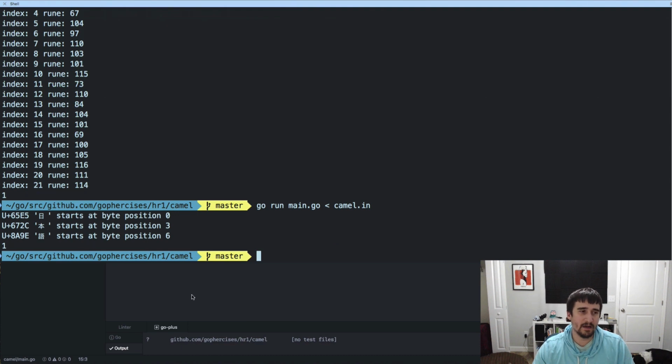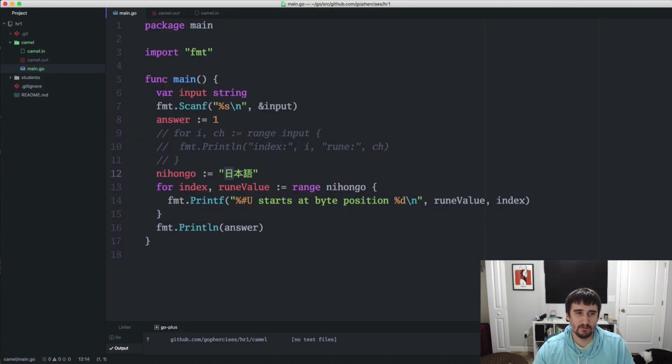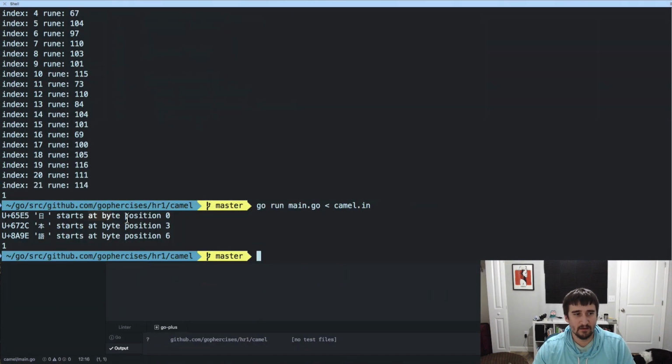Well, you'll see here what's happening is it's getting every individual piece, like each individual character, is what I'll call it. Each individual rune is getting pulled out, but whenever you look here at the indexes, we're at position 0, 3, and then 6. So what's happening is that some of these are composed of more than one byte. And as a result, the index is increasing by a different amount. It's not increasing by 1, it's increasing by however many spots there were until it got to the next UTF-8